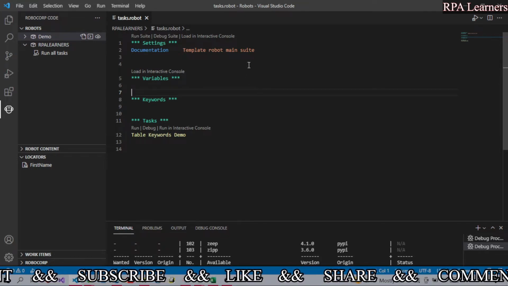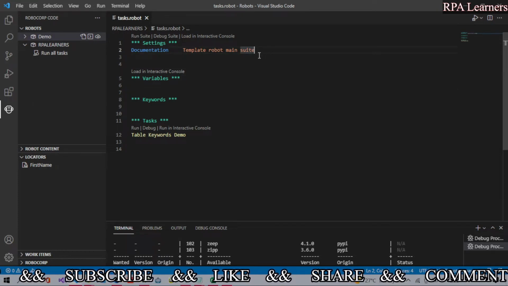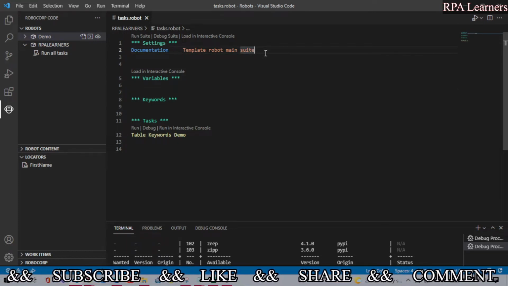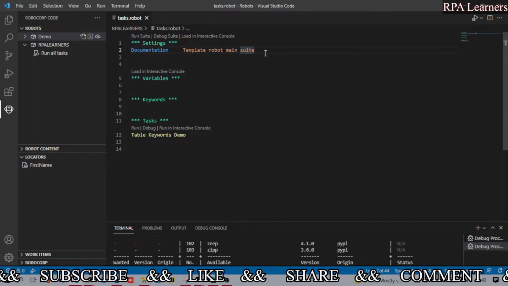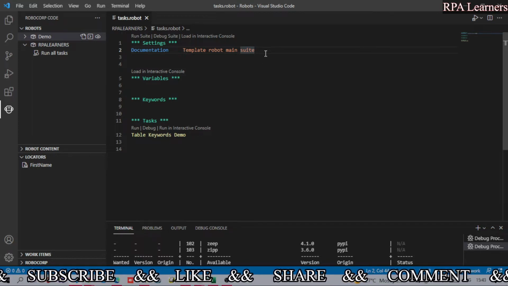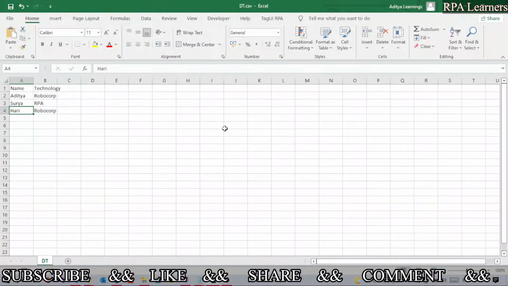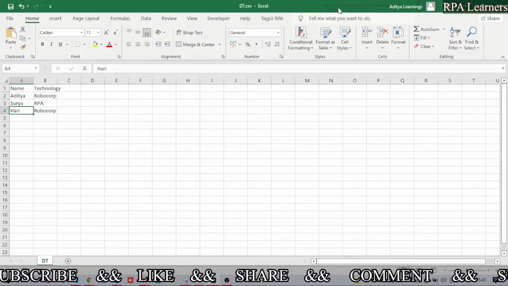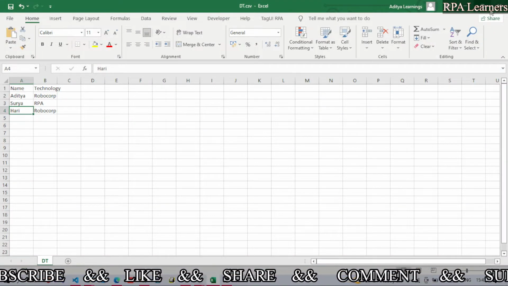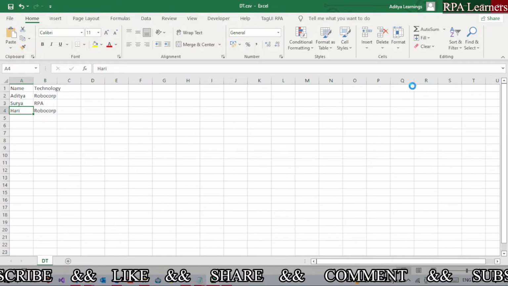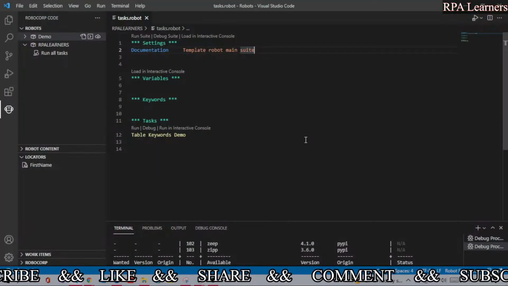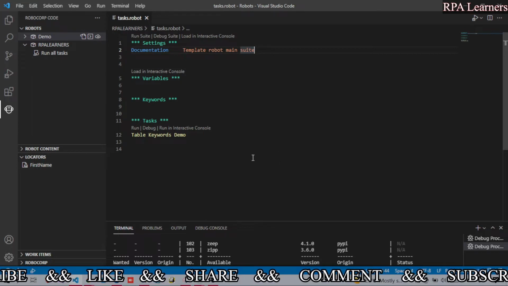The first thing is we need to use the libraries. We are going to read a CSV file, and this input file is a CSV file. For that we need the tables library, and we need the IMAP SMTP library as well in order to send the email.